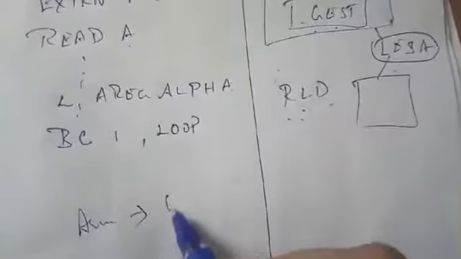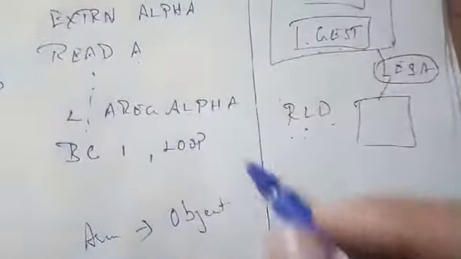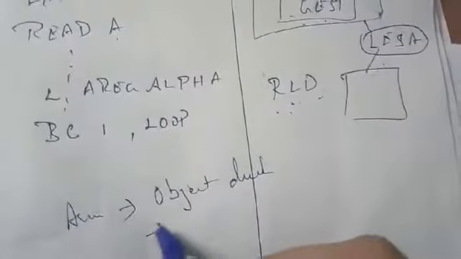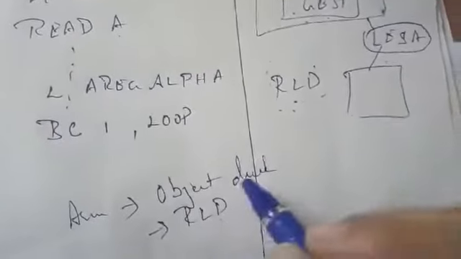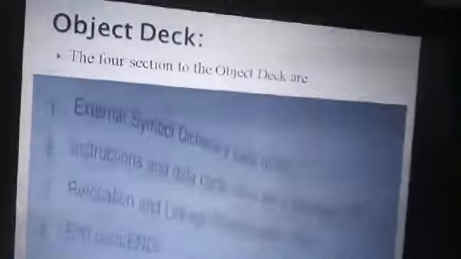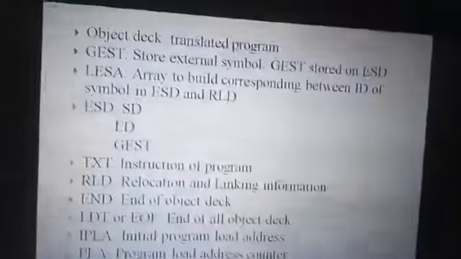So your translator, that is nothing but your assembler, gives the object program, that is the converted zeros and ones program. It's called the object deck. It gives RLD information that these are the externals we need to link. It gives your text programs, that is the converted program, and it has the end card. So these are the data structures passed to the loader with the help of an object deck. Clear? In the object deck it also gives the information about one more, that is also the ESD card. So all this information is passed. Clear?